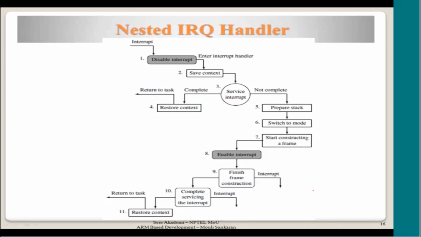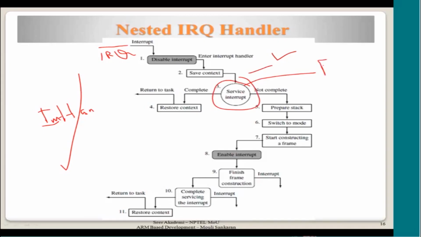I'll explain. So an interrupt is coming. The same IRQ interrupt is coming, but the processing is a little different in the handler. I am entering the handler now. I am not going to explain any more about what is happening before. This is the interrupt handler. So enter the interrupt handler, save the context, then service the interrupt. That means this is the first level, the BL service routine. It may be a first level handling, and then